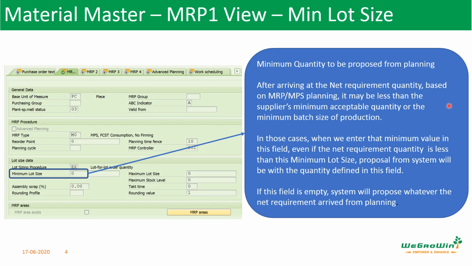That quantity may be very small, but the suppliers may ask, I need a minimum of this much quantity to be ordered. At that time we need to use this minimum lot size. For example, your requirement may be only 10 or 12 numbers, but the supplier always needs a minimum lot size of 50 numbers. Maybe you discussed with him and agreed, yes, I will always place 50 numbers as the order. Then how to make the system give that proposal? We have to use this field, minimum lot size. If you don't use it, the system will give exactly the requirement it calculated. That is the purpose of the minimum lot size.